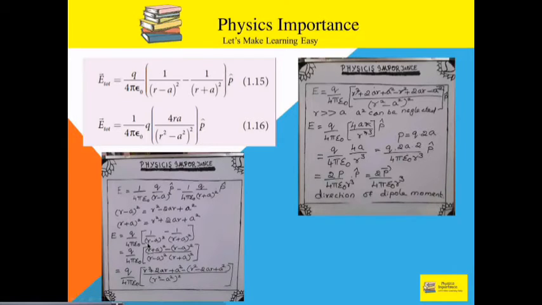So see here, we have to take the LCM, that is (r minus a) the whole square into (r plus a) the whole square. Here we have (r minus a) the whole square only, no? So in the numerator we have to multiply by (r plus a) the whole square. Then again here (r plus a) the whole square, so here we have to write (r minus a) the whole square. Now what about the formula? (r plus a) the whole square means r square plus 2ar plus a square. Then minus, (r minus a) the whole square means r square minus 2ar plus a square. Then in the denominator we have (r square minus a square) the whole square.